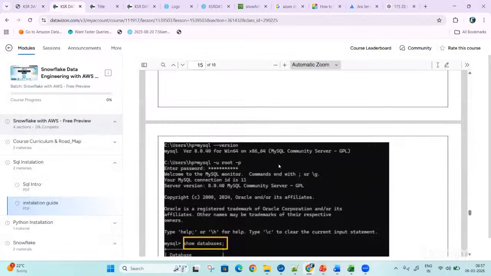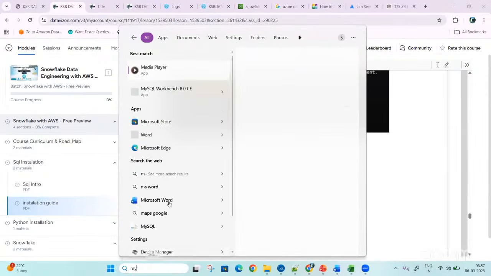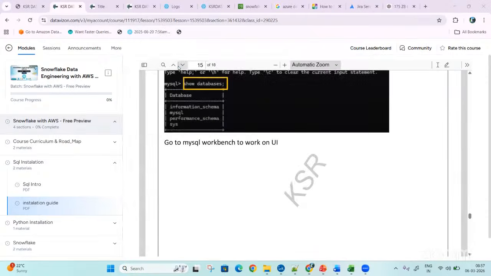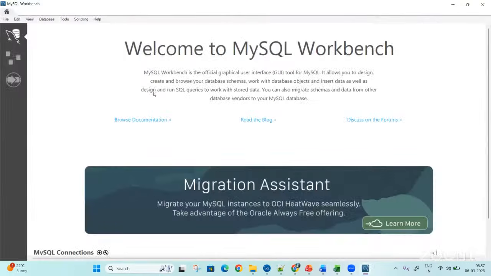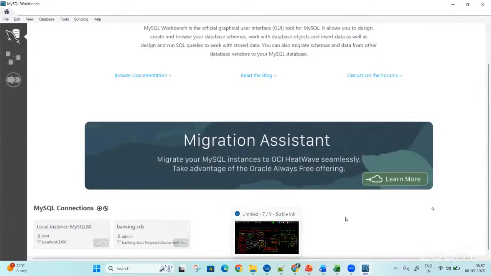For example, this was an Airflow. Let it run. Now, first you go and do this installation. As soon as you do the installation, you have to search for MySQL. Now, as soon as you search for MySQL, one particular workbench will come like this. Now, what is this particular workbench? Now,